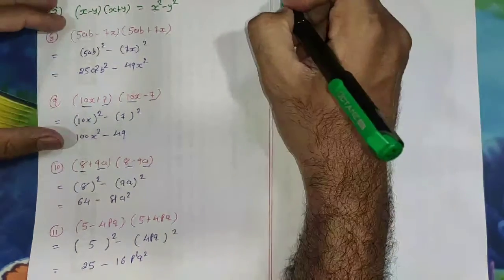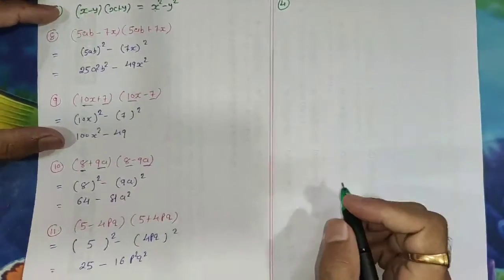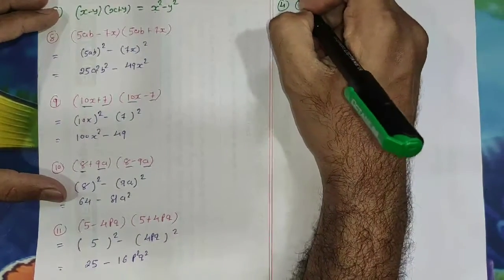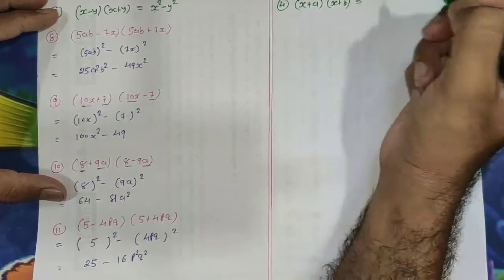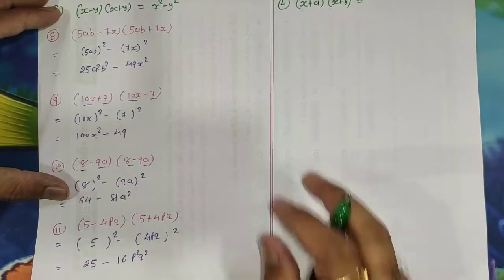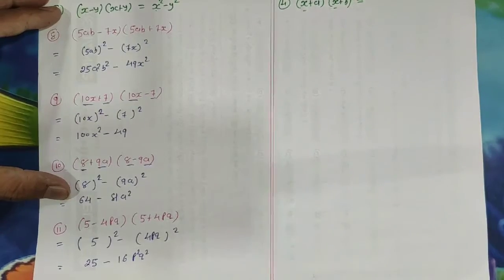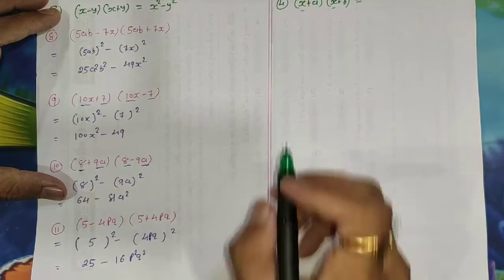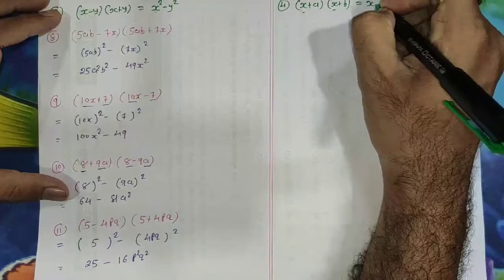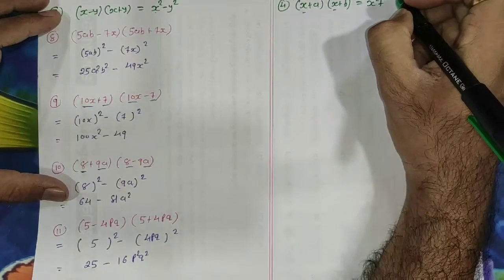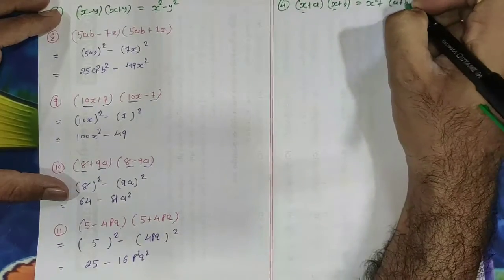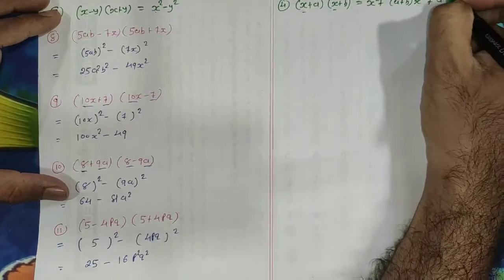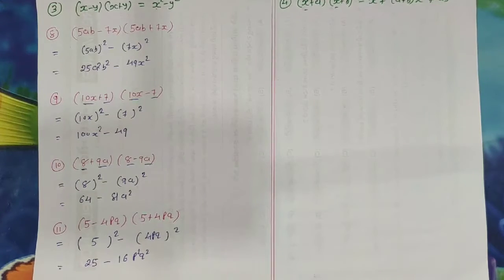Now the fourth identity, which is the most important one. It is nothing but (x plus a) into (x plus b). So it's again multiplication of binomial with binomial, where the first term is common, the first term is same, and the second terms in both of the polynomials are different. So which is nothing but x square, that is, square of the same term, plus the sum of different terms into x, plus multiplication of different terms. So let us now consider sums based on this identity.